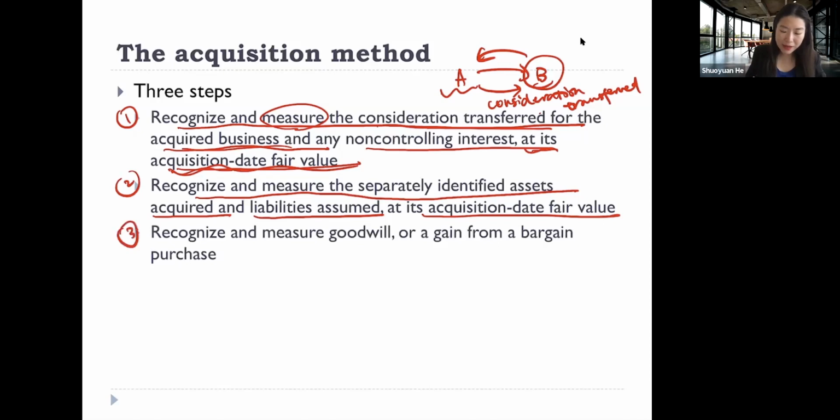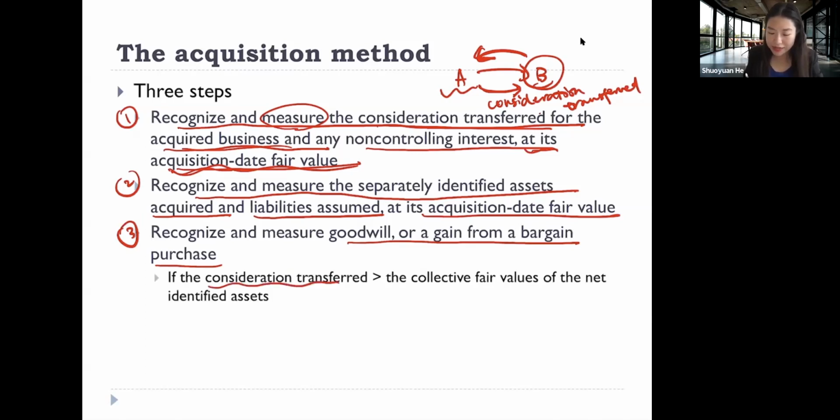And then the third step is to recognize goodwill or gain from a bargain purchase. As you can see here, the fair value of what A gives may not be equal to the fair value of what A gets. So the fair value of the consideration transferred may not be equal to the fair value of company B's identifiable assets and liabilities. And the difference between those,